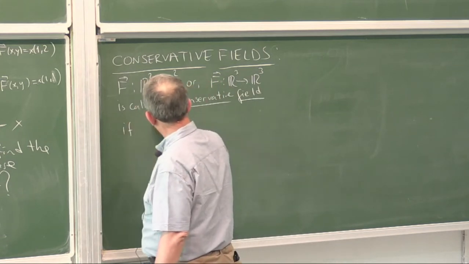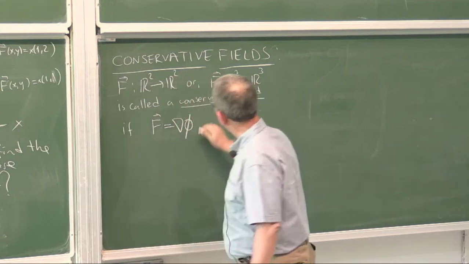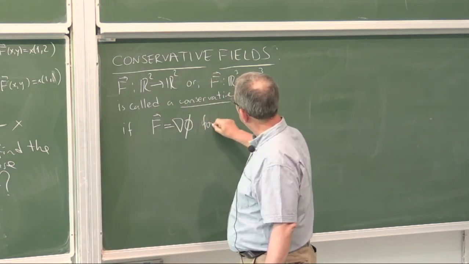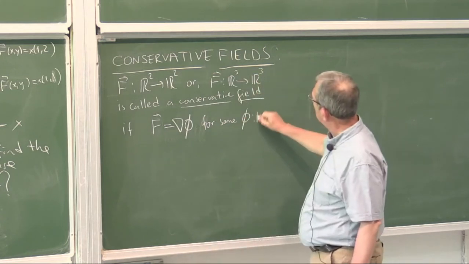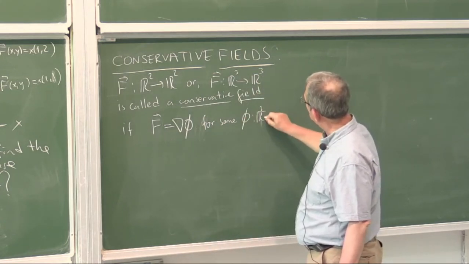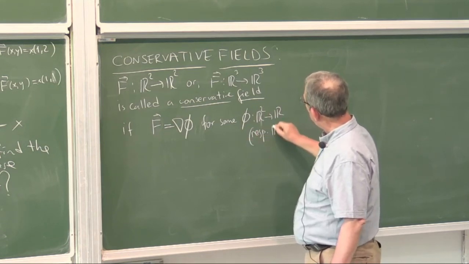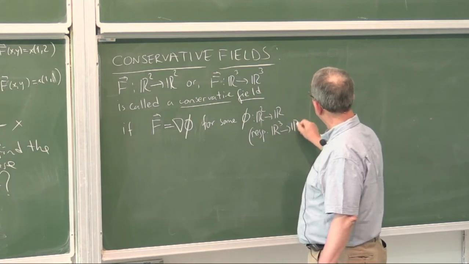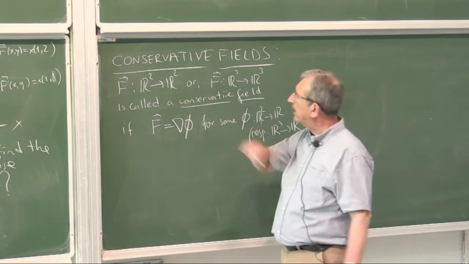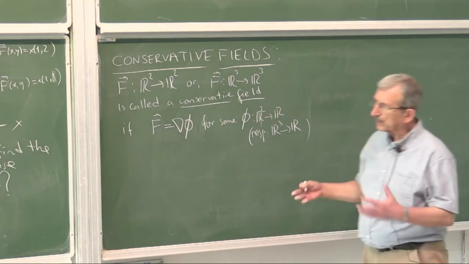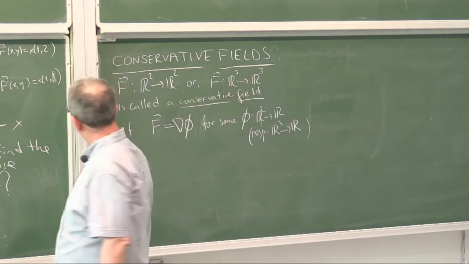if F is the gradient of some function phi from R2 into R, respectively, R3 into R. It must be a scalar valued function, but when you take the derivatives, you end up with a vector over there. So,